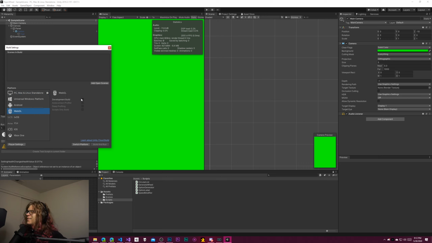Let's do WebGL. I don't actually know if this is going to work. Part of the thing that could be a problem is file operations from HTML5. I don't actually know if that's a thing you can do. So we're going to try switching platforms to WebGL, and then we can just build it and then try to actually drop it into OBS, which I'm using to stream. So that could be a mistake, but we won't know until we try. So apparently it needs to re-import everything. So I guess we're stuck, but